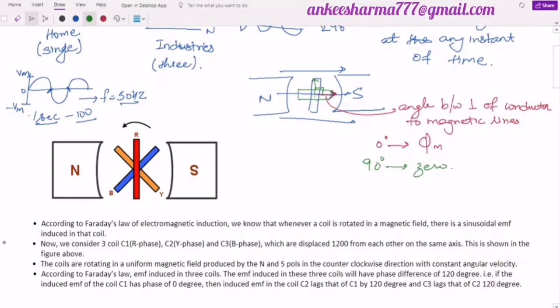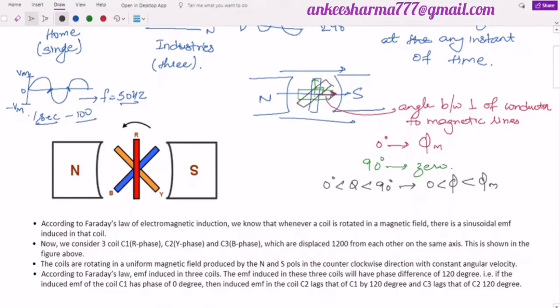And definitely when there will be a different angle other than 0 and 90, for example this one, at this point the magnetic flux will be somewhere in between 0 and phi m. So at some angle theta which is less than 90 degree but greater than 0 degree, in that scenario I will say my magnetic flux phi will be less than phi m but greater than 0. So it means if I make any conductor rotate inside the magnetic field, then the magnetic flux will change,